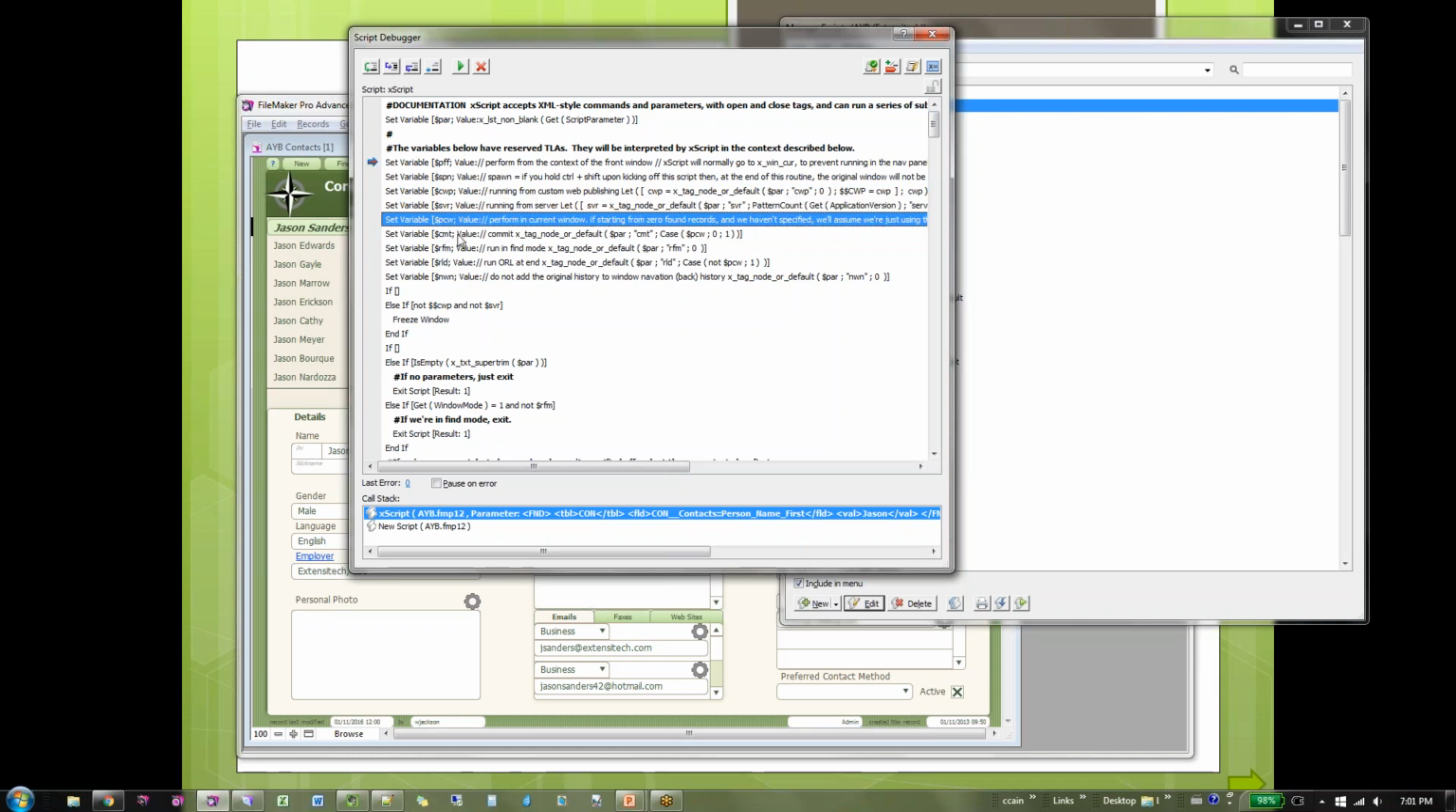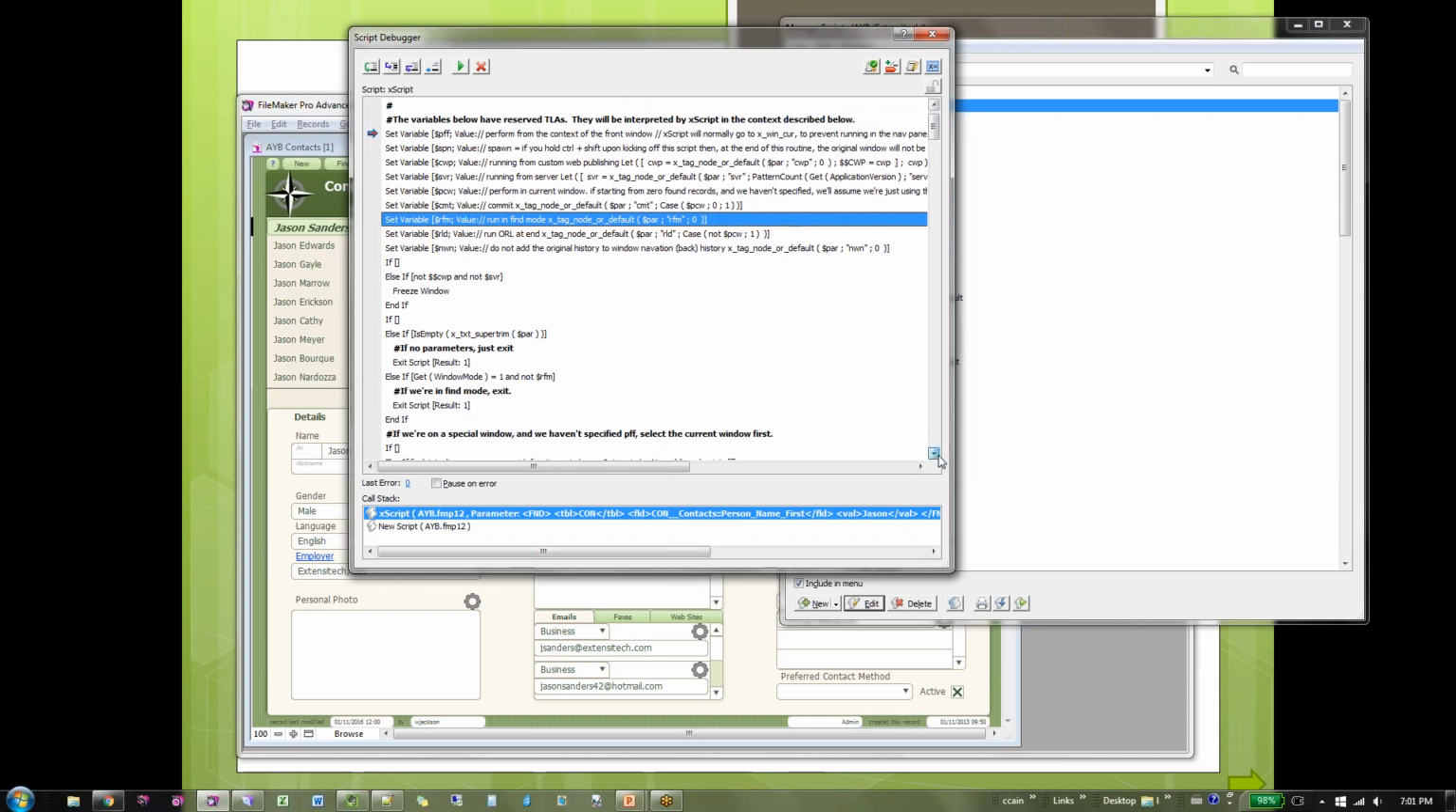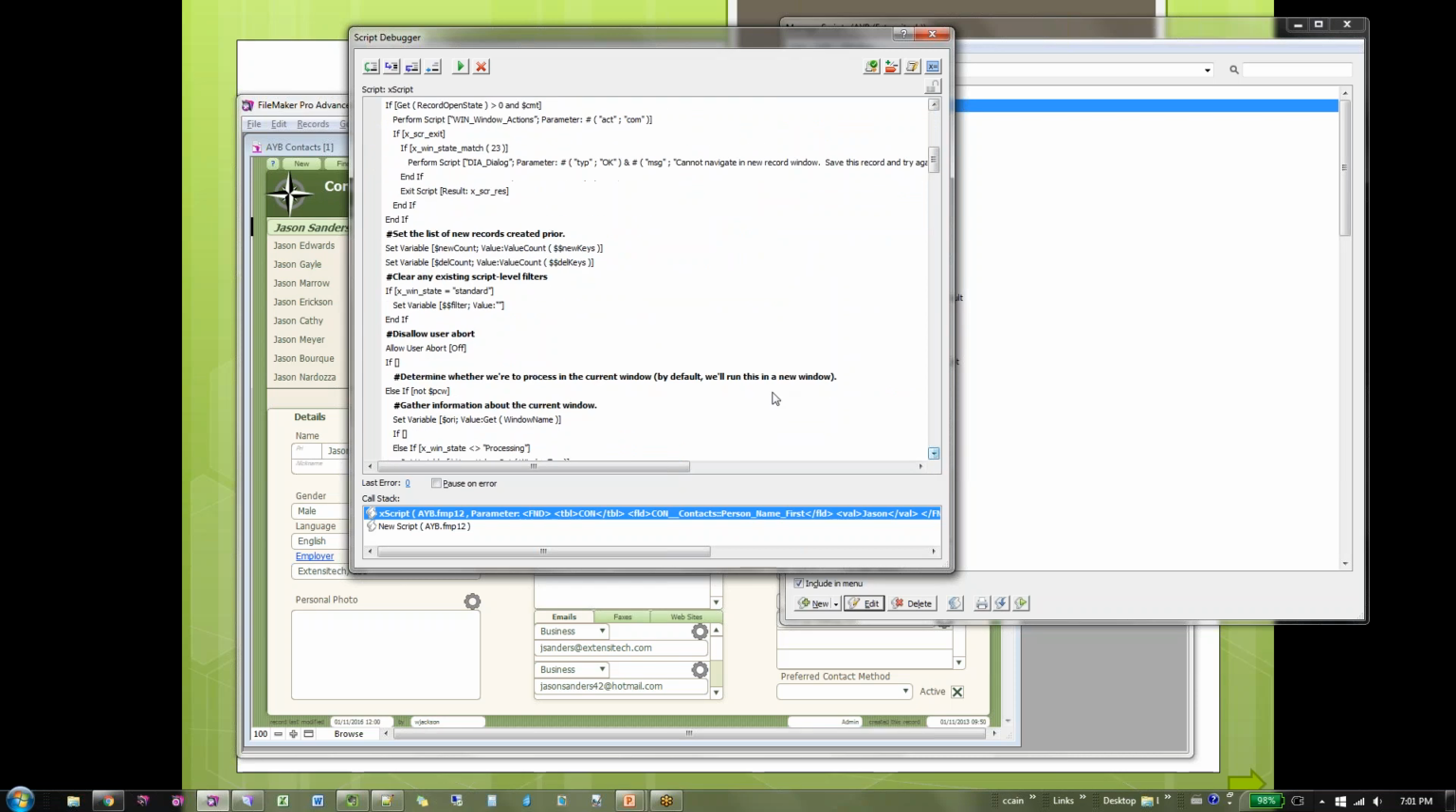It's not going to perform in the current window. It's not going to run if I'm in find mode. Those are all generally expected behaviors, any of which I can override. Okay. So this will run down until it finds,